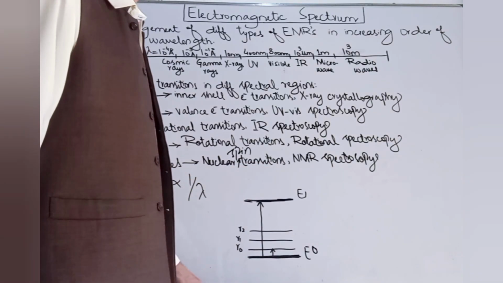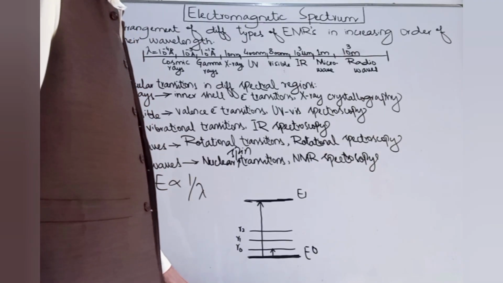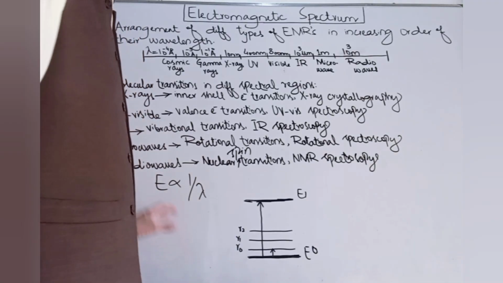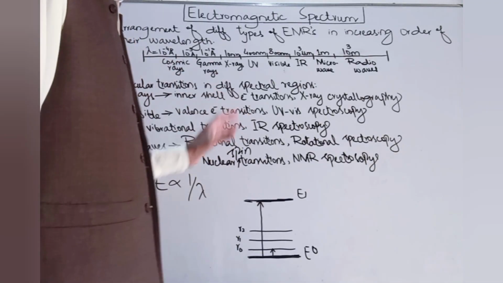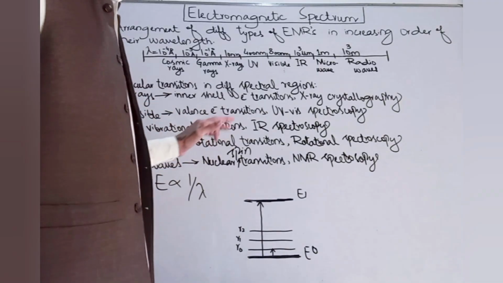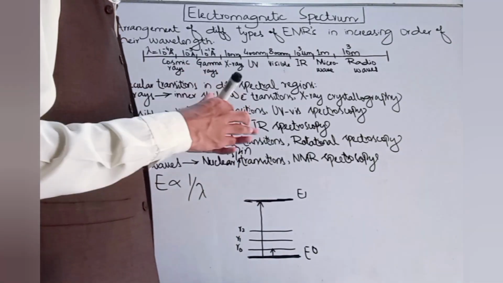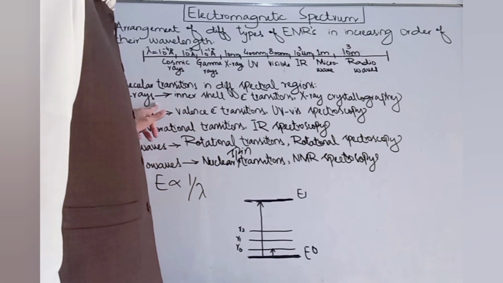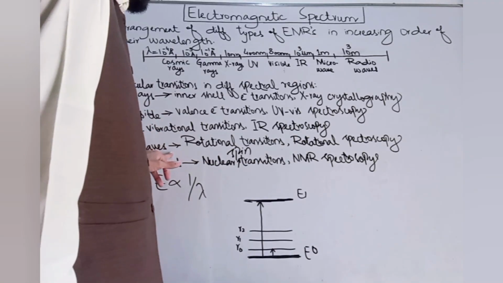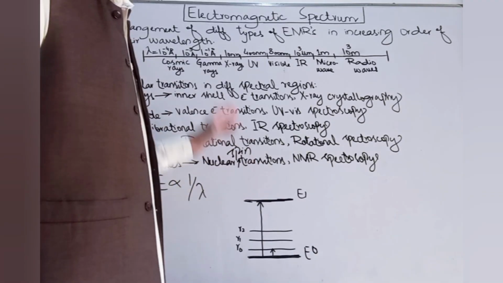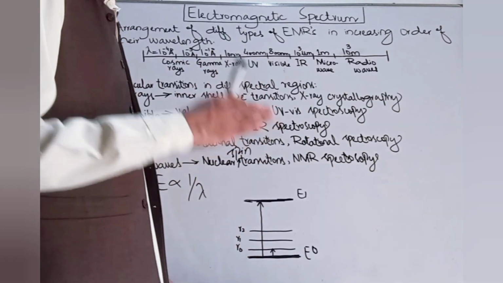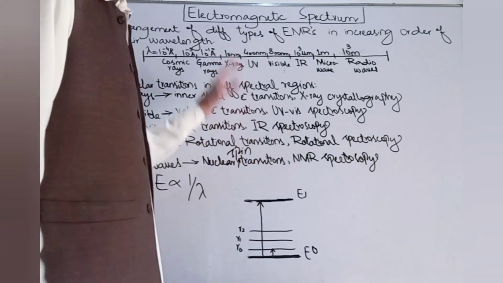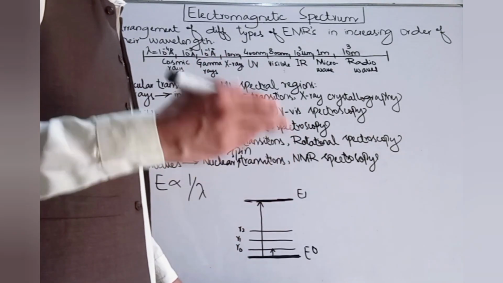That's a very important kind of spectroscopy in the field of organic chemistry. Basically in organic chemistry we study these three types of spectroscopies very much: UV visible, IR and NMR spectroscopy. And on this channel we are going to cover all these types of spectroscopies with the passage of time in the